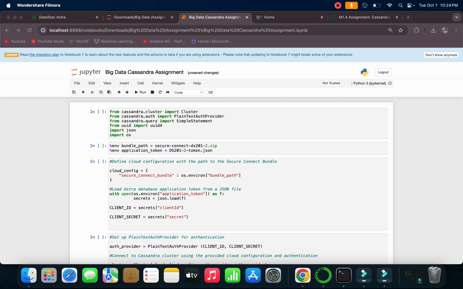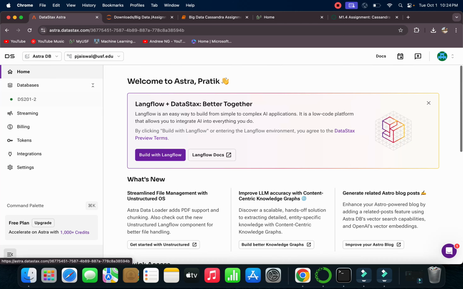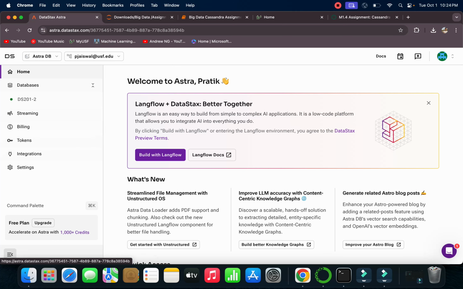This is my Python file I am using to establish a connection through Python for the Cassandra database, and I'll start with the DataStax page. This is the home page of my DataStax